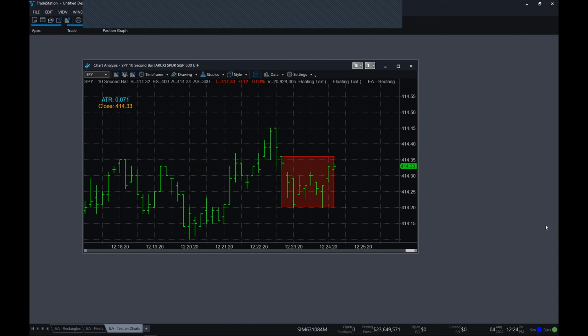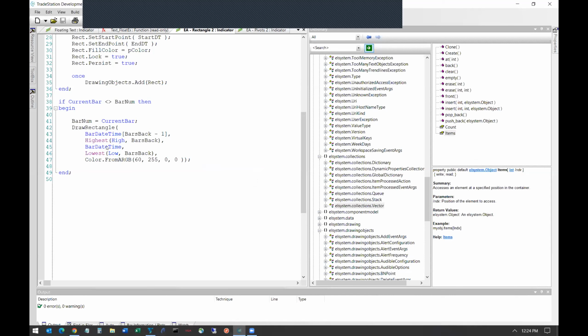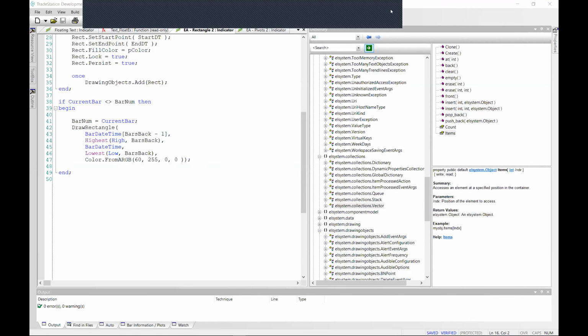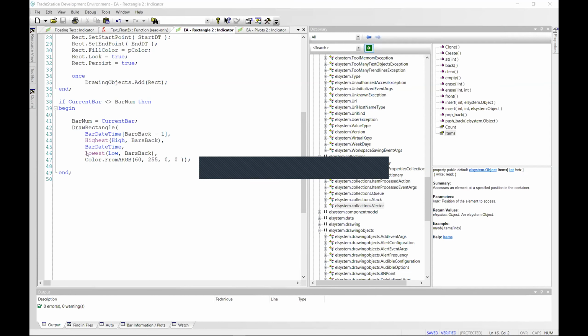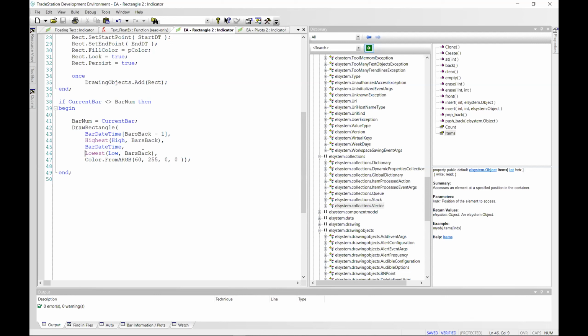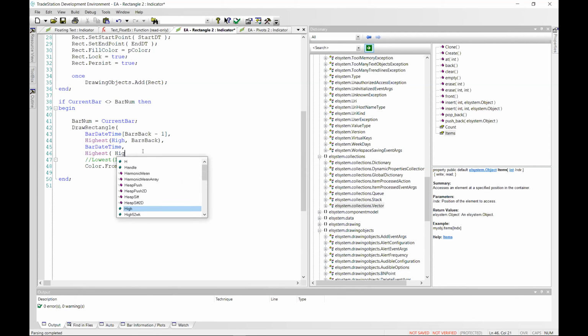Now, if what we wanted was an offset from the highest high, I can do that now, or we could change it. But I think what we were saying was what we really wanted was the highest high minus 1, or something like that.